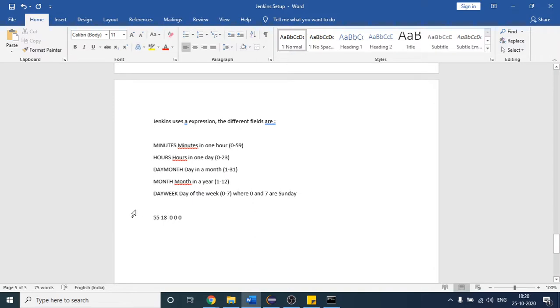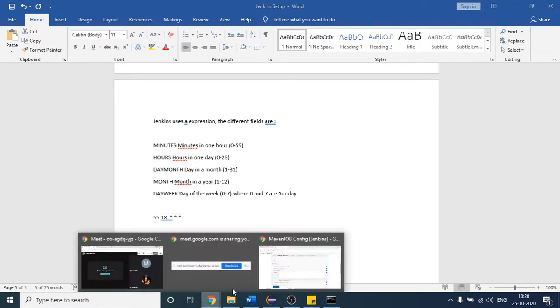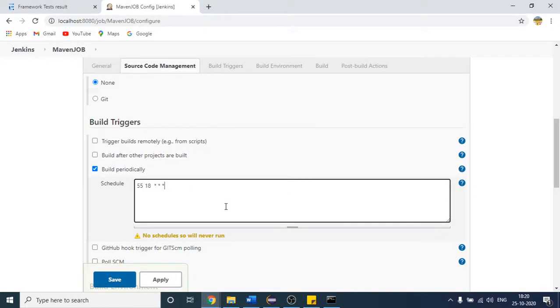After that, for the remaining fields, you can provide a star. What does that star mean? If I copy this whole expression and write it inside this box, what that means is that 18 stands for 6 PM.